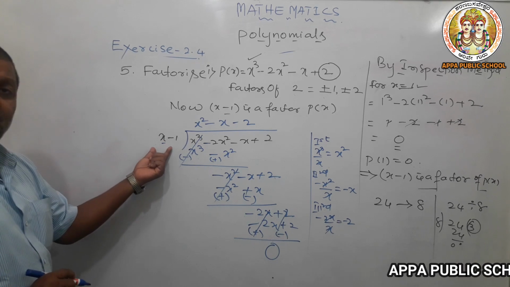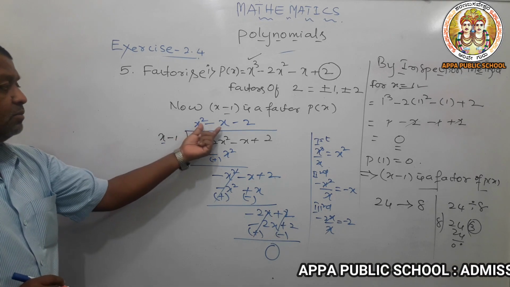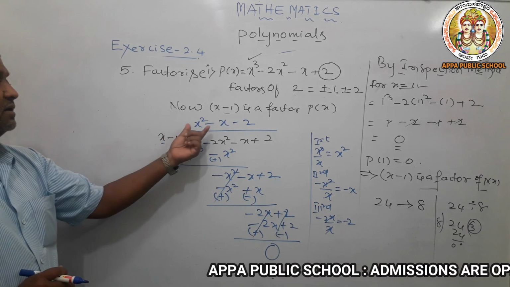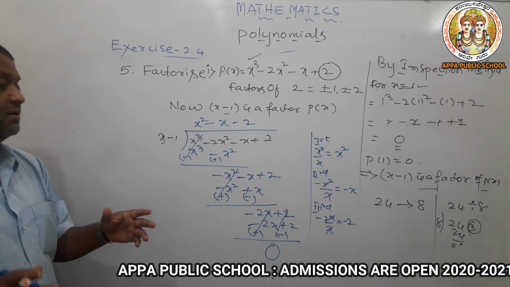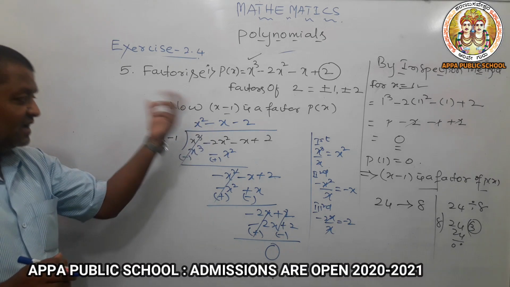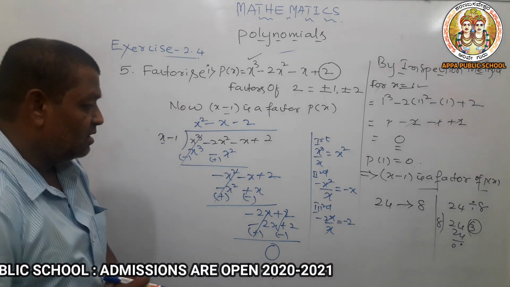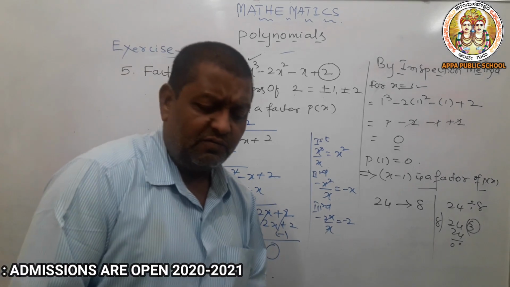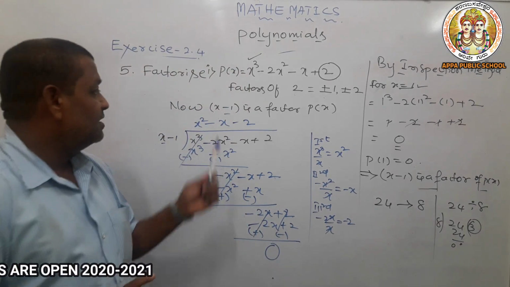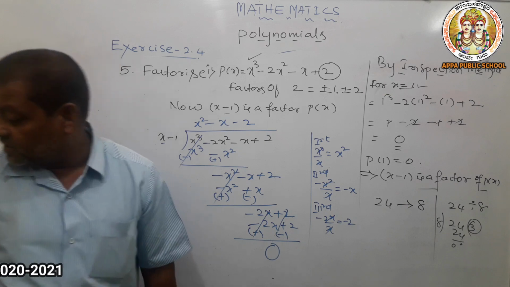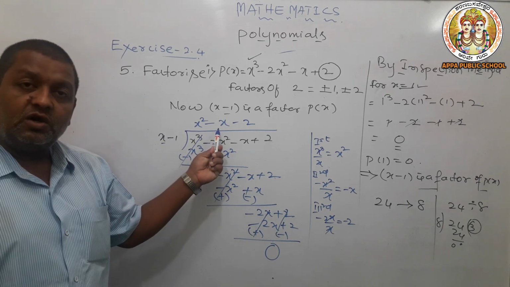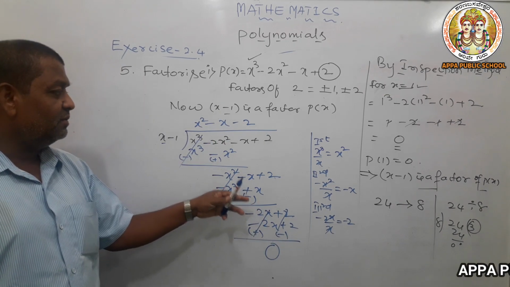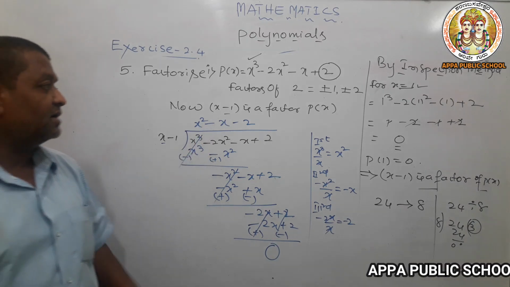Okay, by dividing by x minus 1, I got one more factor, but it is not yet free. It is once again a trinomial. We already learned how to factorize trinomials. So let me finish by taking this trinomial, using this whole concept, and we need to find another two factors. How do you see?